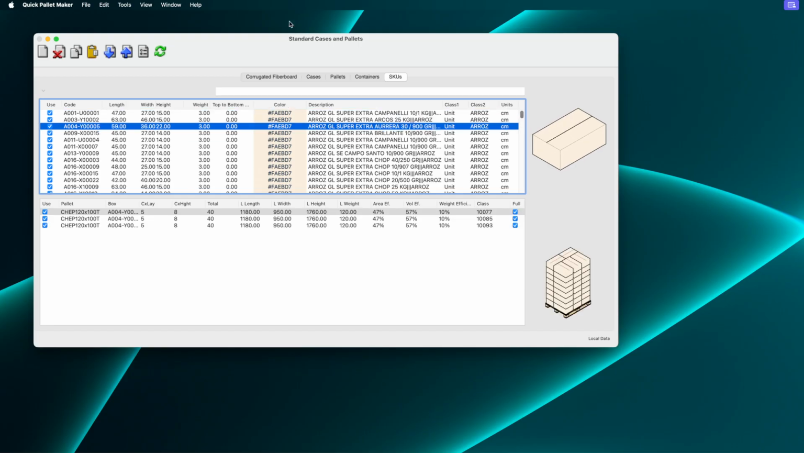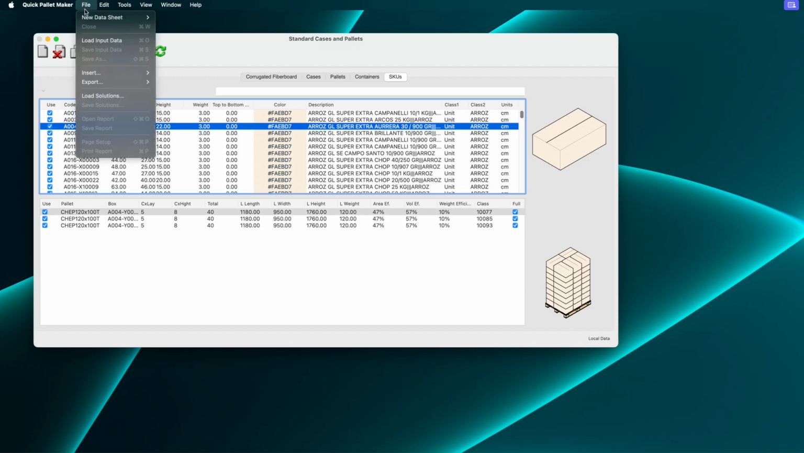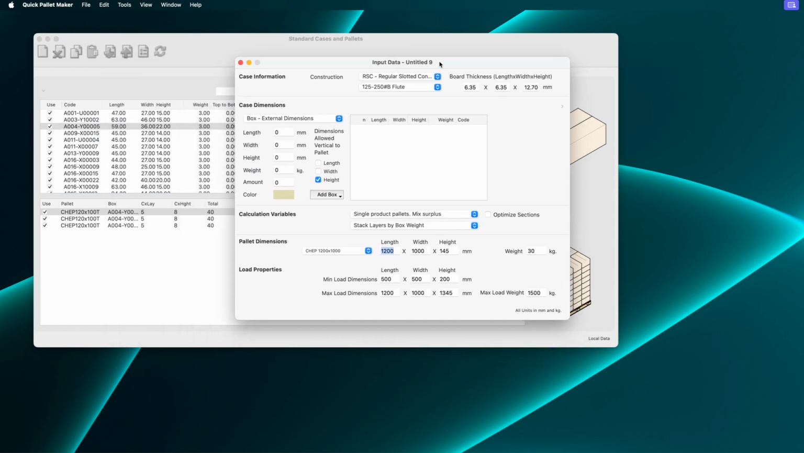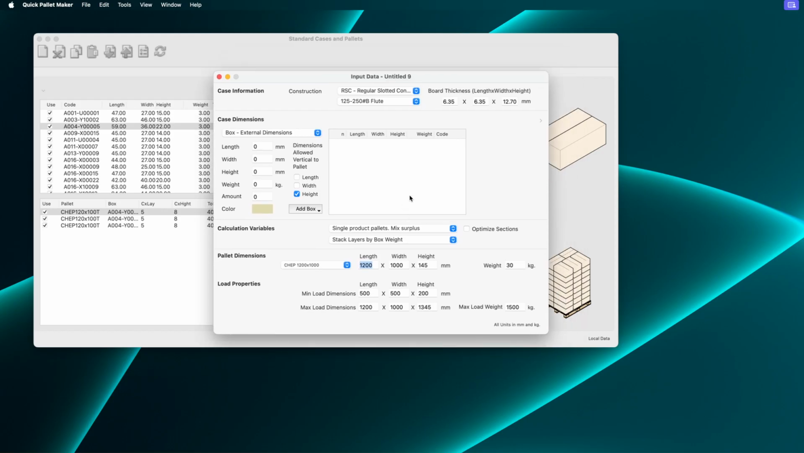standard pallets. So now we will show how you can create a shipment, load it, and then separate the items in the boxes in the shipment by a client, by a customer. So we first open a new data sheet, box on pallet, and now we just load the shipment